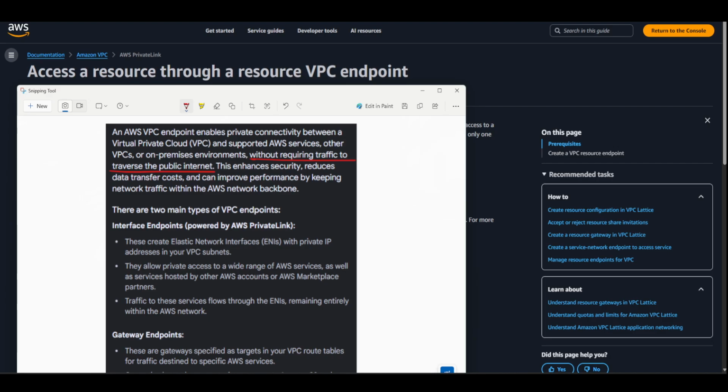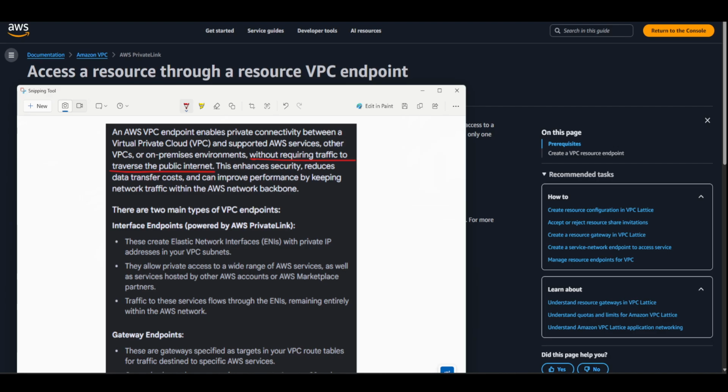Then we can save costs because we don't need to transfer data over the internet and then return it back somewhere. And because traffic stays in the AWS backbone, we have lower latency access to our AWS services, so we